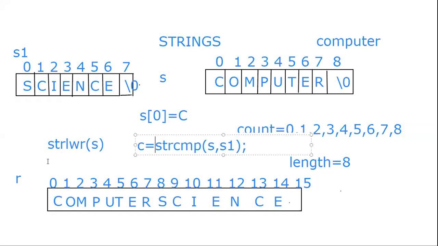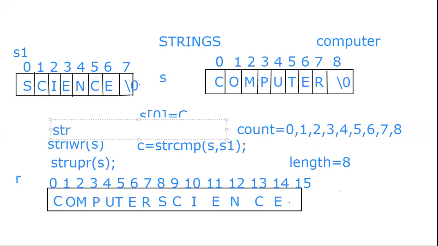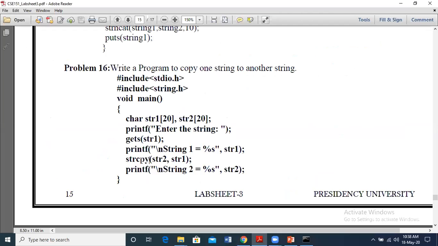And if you want to write string upper, you can give strupr of s. String reverse is also simply strrev of s. So these functions you can replace. Just as we have the functions, instead of strcat you can write like this. So that line will be there, and you can try and execute those problems as well. That will be for your reference. Those are the different string manipulation functions.